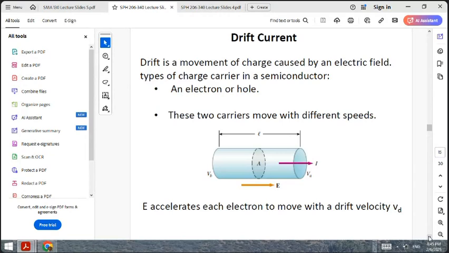So we will try again to look at the mathematical derivations to enable us to